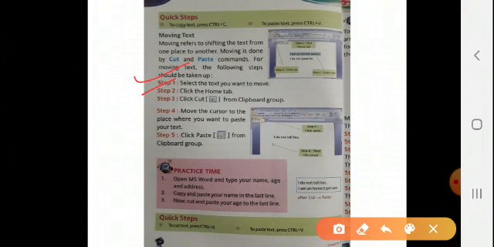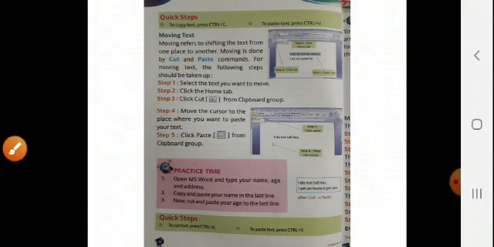Then click Cut from the Clipboard group, then move the cursor to the place where you want to paste your text, then the last step is to click Paste from the Clipboard group. These are the steps for moving the text. Hope you have understood. At the bottom, quick steps are again given. To cut text, press Ctrl plus X, then to paste text, Ctrl plus V.